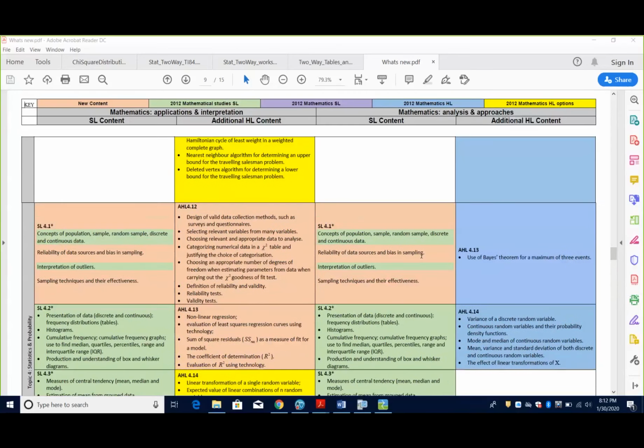So that is going to be new for your SL kids. There's a bit more probability and statistics than they are used to. So that's on the SL side of things. For those teachers going from studies to applications and interpretations, you're still getting a lot of probability and stats, but you're actually getting a few topics from the Math SL also.